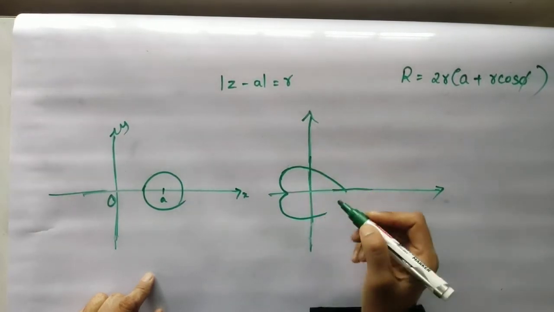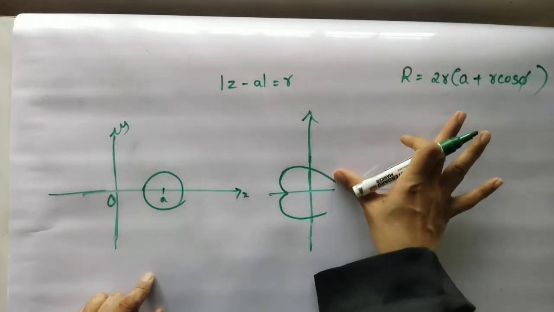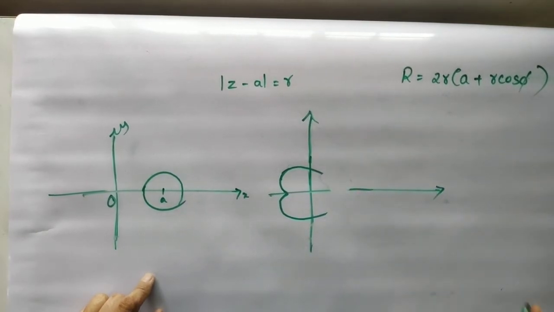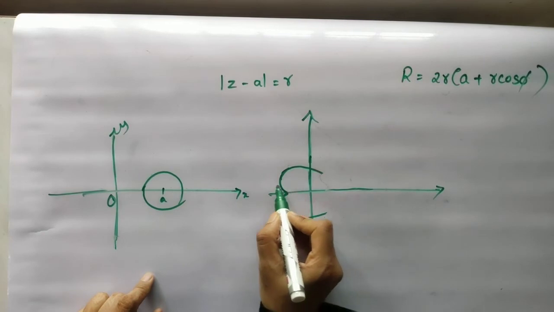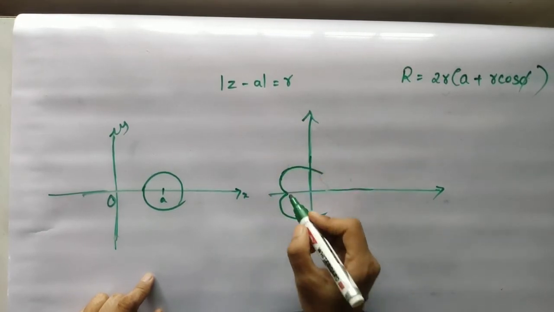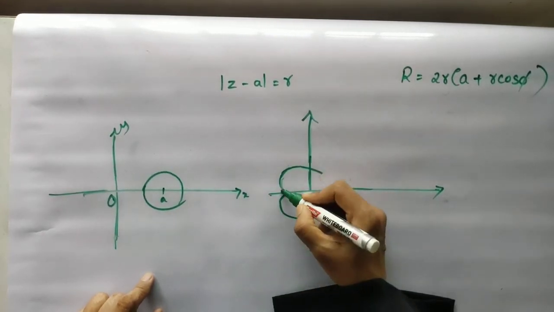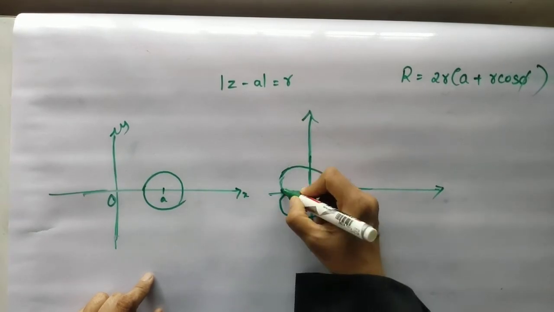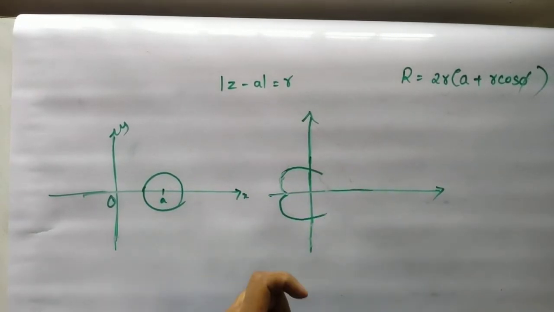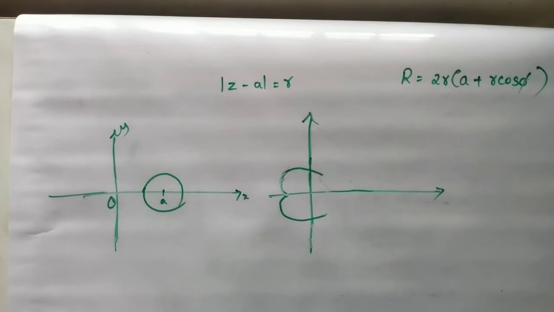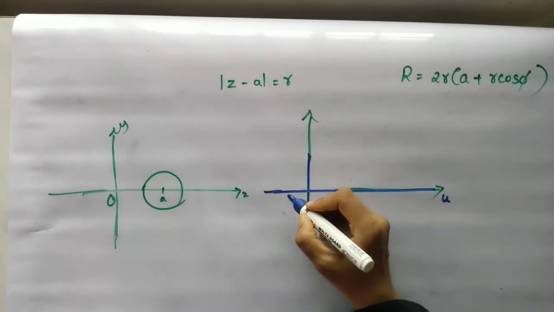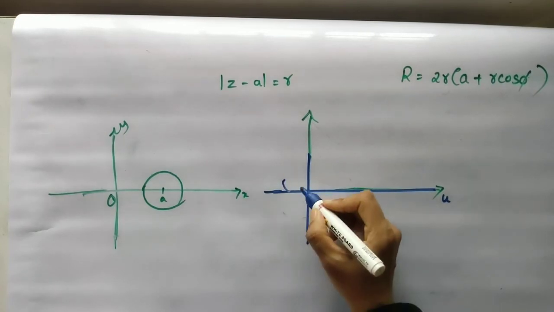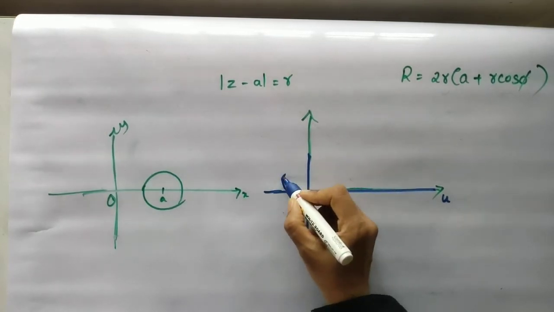This is not like a cardioid. It is slightly different from the cardioid. For a cardioid it starts directly from the origin and it goes like this, but for a limaçon it starts from here. Just see the difference. It starts from here. It's not working. One minute, I'll take another pen. So as I told you, the limaçon is different from the cardioid. It does not pass through the origin.